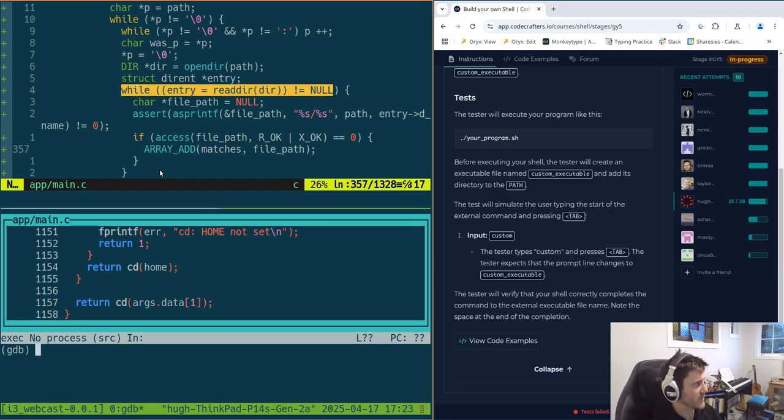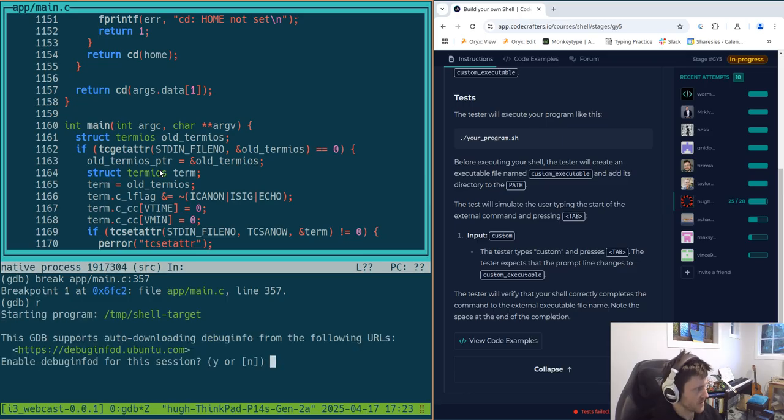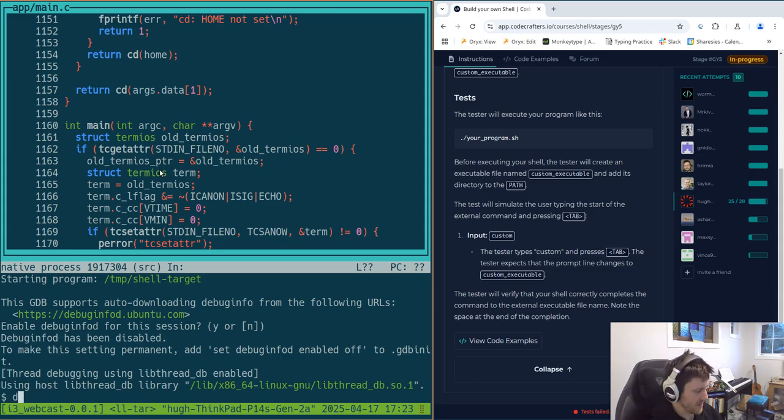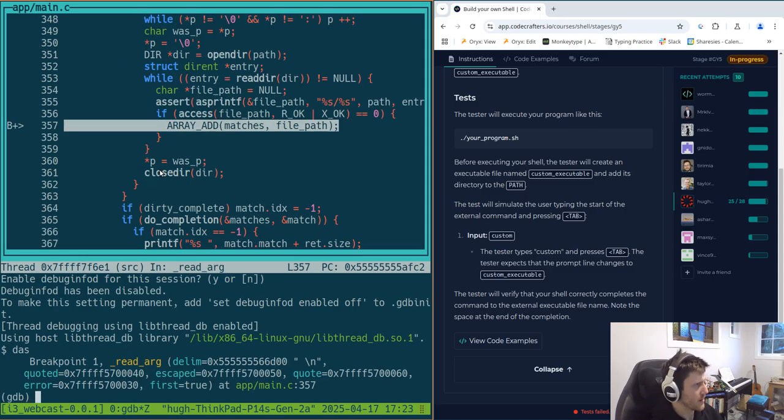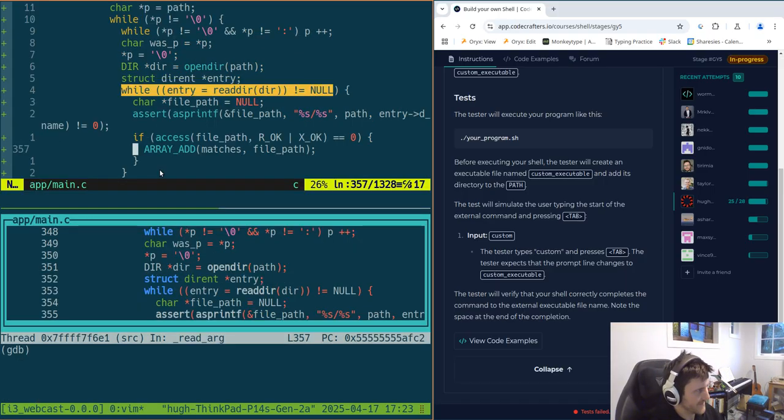I mean, may as well just break app main 357, and it will crash at some point, but perhaps along the way we can, that's not a match though. Right, so yeah, I think